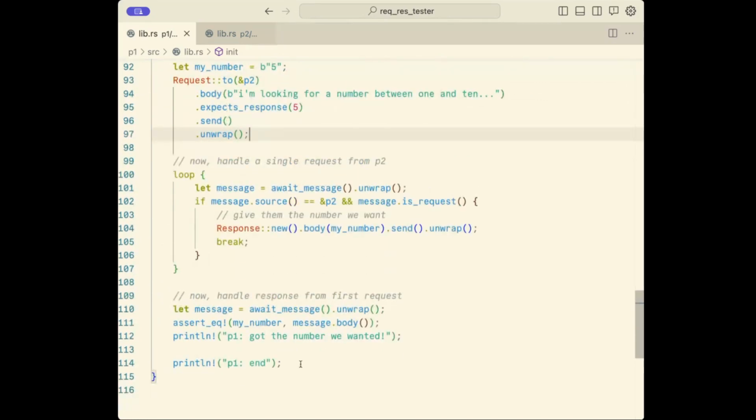And that takes us to the end of these two processes. I hope this was informative in knowing how requests and responses work